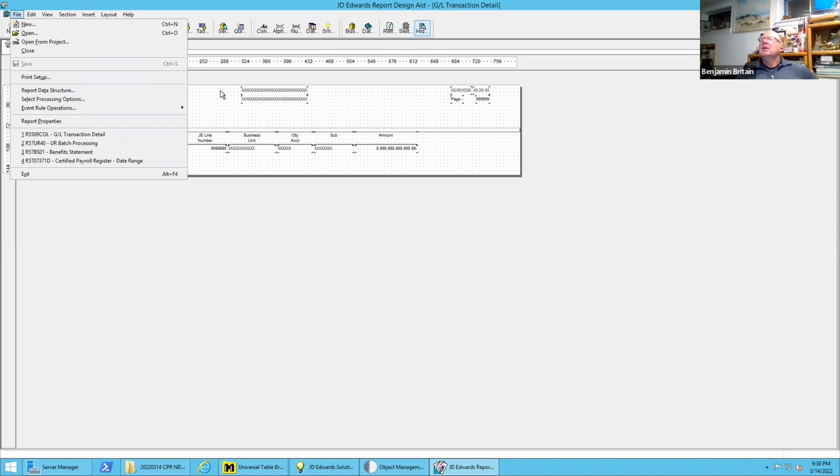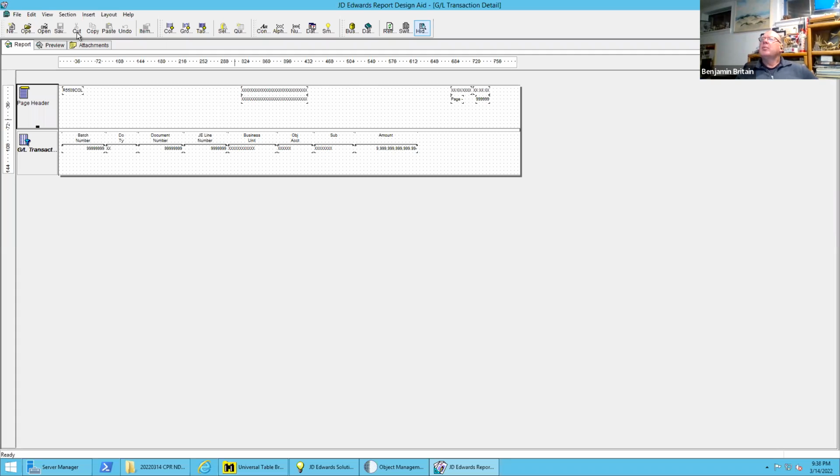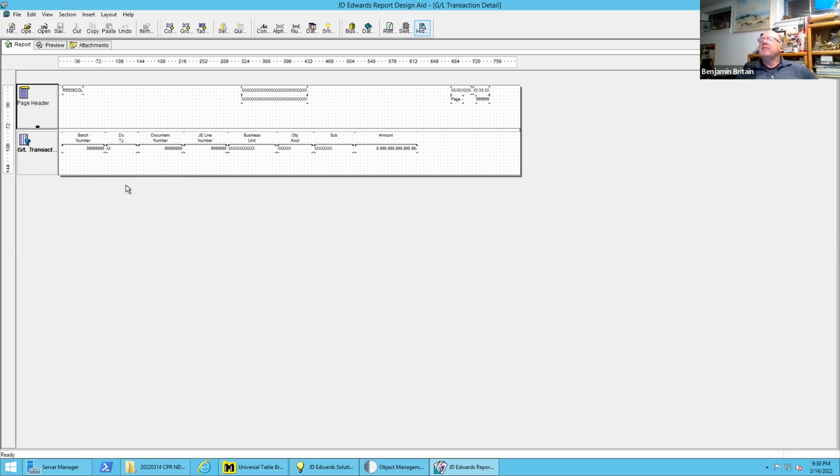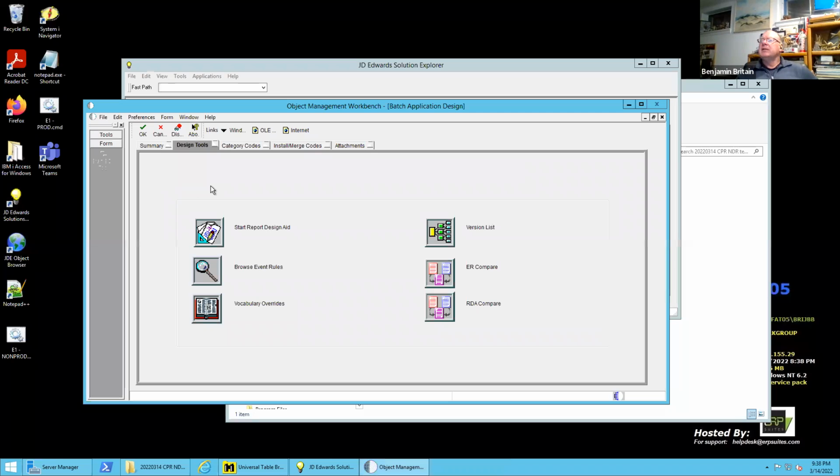Okay, so now that we have our report, I clicked on the save button, and then I'm going to do file and exit. The exit action is actually where the version gets generated. It's going to take me back to the screen, and if I hit OK,